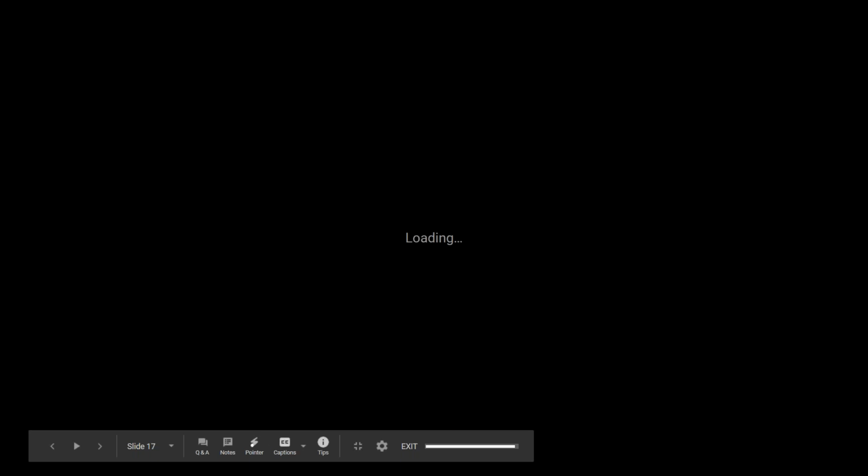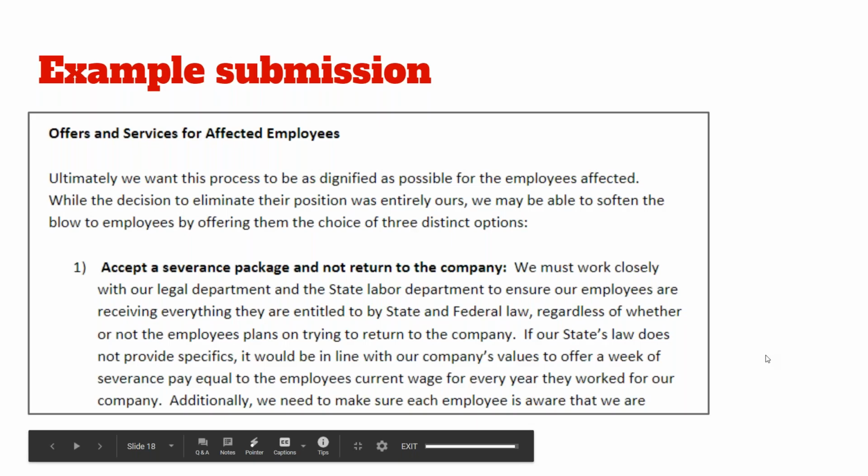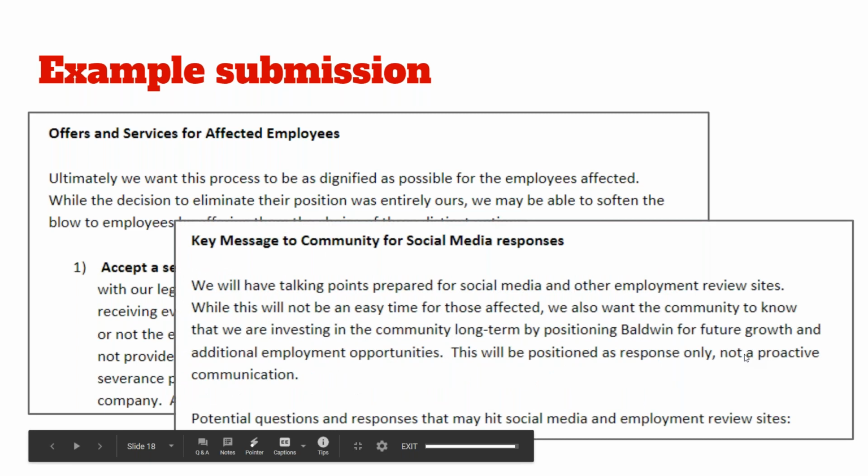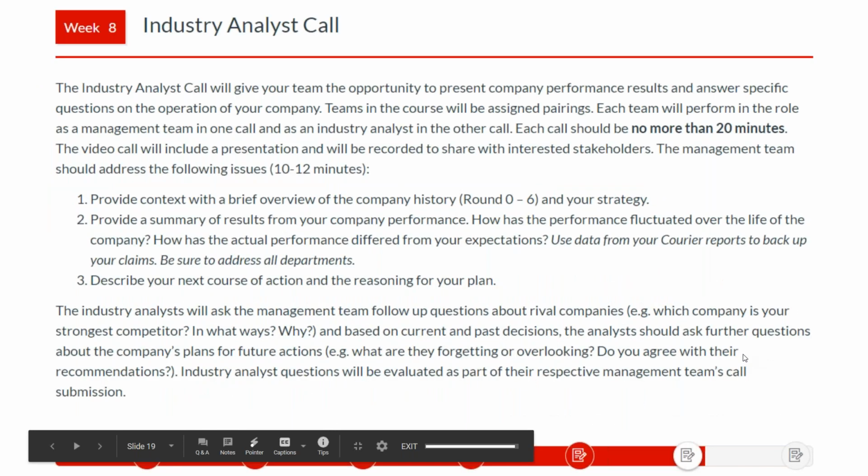They've also included offers and services for affected employees. They've walked through some of the things that those employees might need to consider. They've included messages for their social media. They've included, it looks like it's missed one of our screens. They also had some other information to the community and how they would retrain and